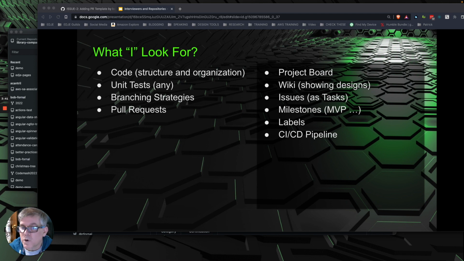They can be task-oriented, and for your purposes, probably should be. Do you have milestones like MVP? One milestone is usually enough. Are you using labels? We'll take a look at those. And really, taking it to the next level is, do you have a CI/CD pipeline, something that uses GitHub Actions to push your code to a repository? In the case of the gentleman whose site was down, he used a local tool to push things out. He did not have GitHub Actions doing that for him. It could be easy to miss a version, forget to push it up there.